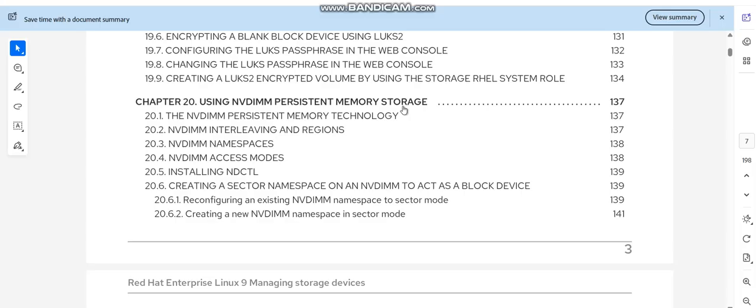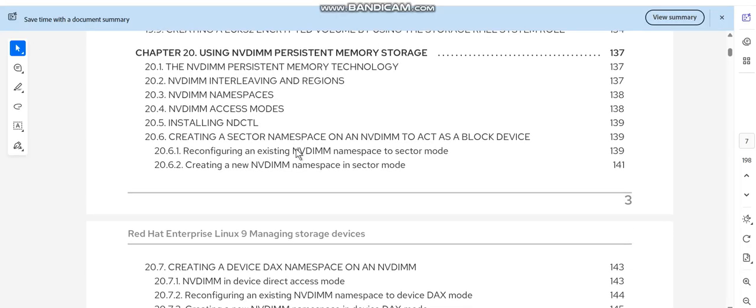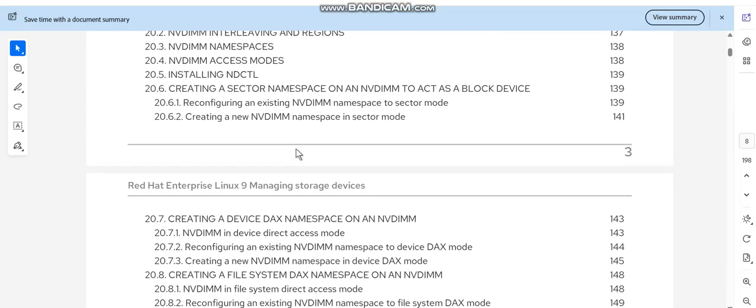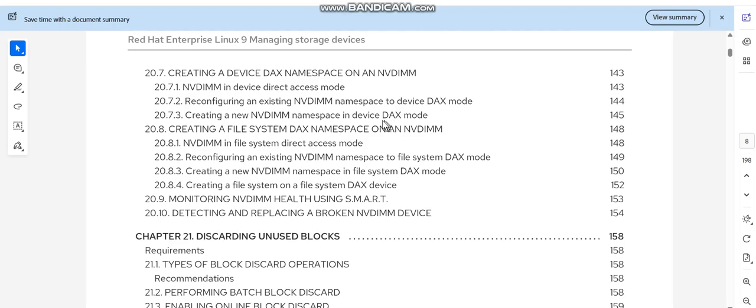The NVDIMM persistent memory technology, NVDIMM interleaving and regions, NVDIMM namespaces, NVDIMM access modes, installing NDCTL, creating a sector namespace on an NVDIMM to act as a block device, reconfiguring an existing NVDIMM namespace to sector mode, creating a new NVDIMM namespace in sector mode, creating a device DAX namespace on an NVDIMM, NVDIMM in device direct access mode, reconfiguring